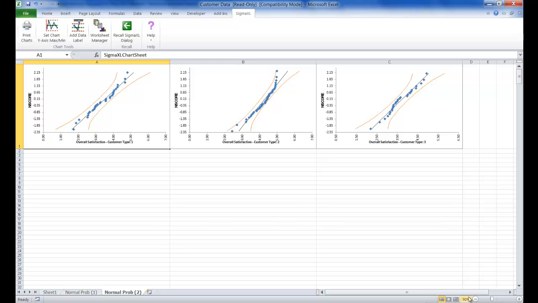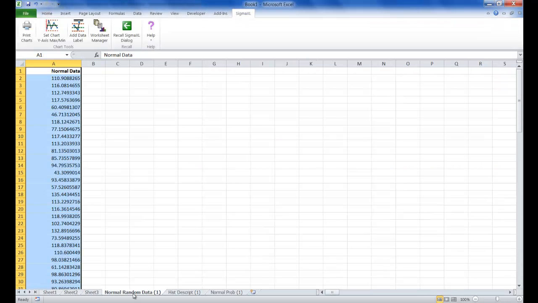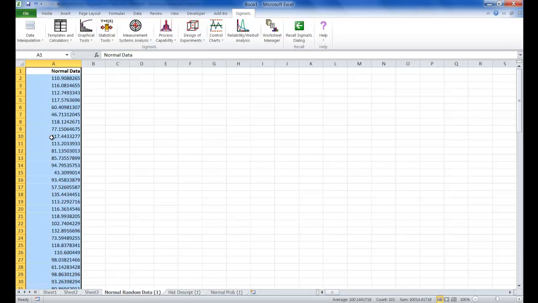Now you can create a normal probability plot of this data. So you're going to go back to your normal random data, and you're going to click